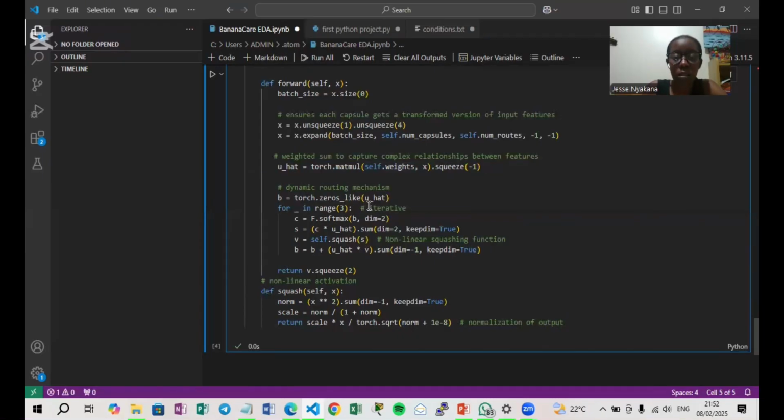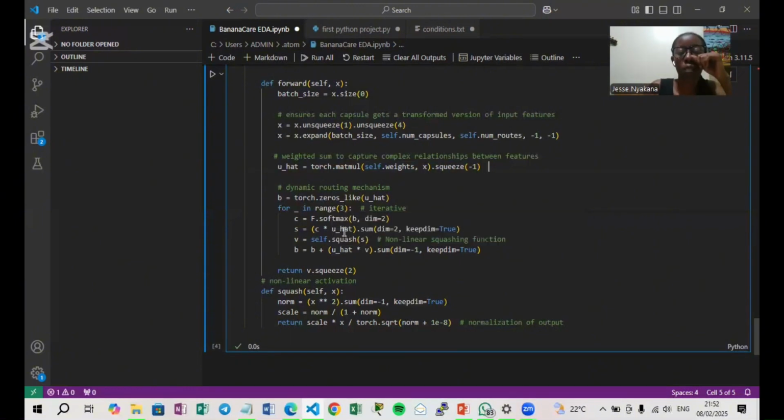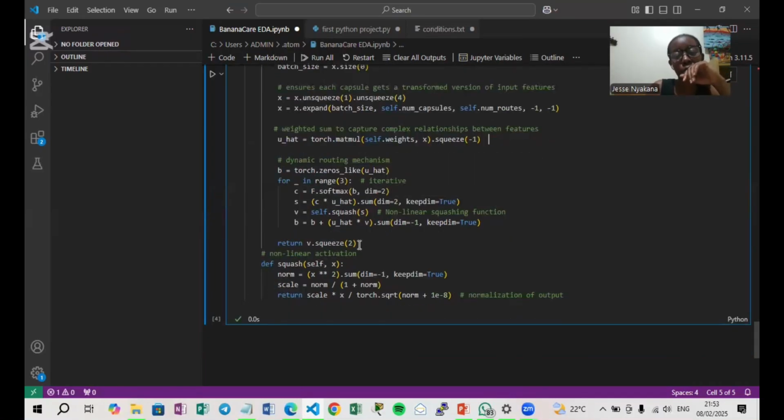So what it does is it iteratively refines the prediction such that it's the important disease-related features that are mostly focused on by the model. Then this is where the capsule voting happens, so that the features that are most relevant are the ones that are greatly considered by the model. Then here we have the squash function,